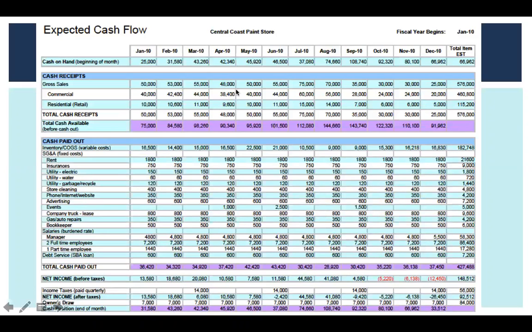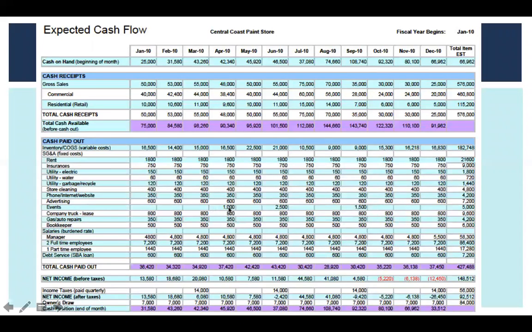Some other things we can look at here, as I mentioned earlier, sometimes expenses can hit in particular periods. So for example, here in April, this business may need to do a deposit of $1,000 to hold, for example, a trade show booth, or maybe they did an event in this particular month and it cost them $1,000 to do that, but it's not something that they pay for every month.